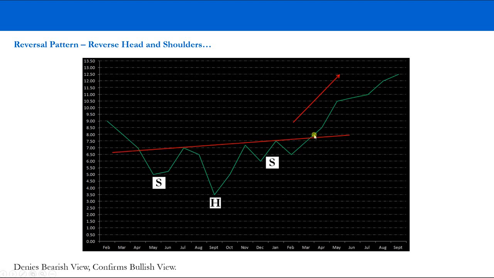And we come into this situation with a fundamental predisposition that's bearish. Well, if we're here and we've seen this technical analysis in the past, and we see this reverse head and shoulders pattern with a neckline that's being broken to the upside,